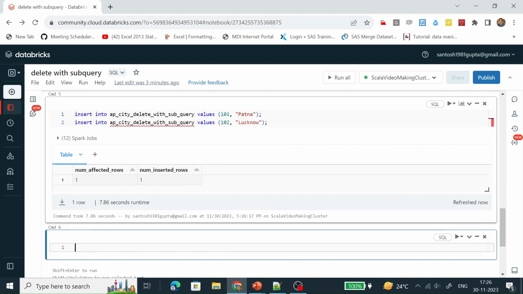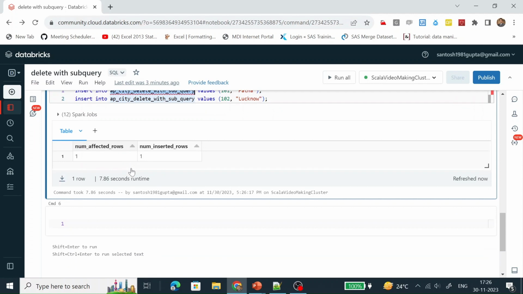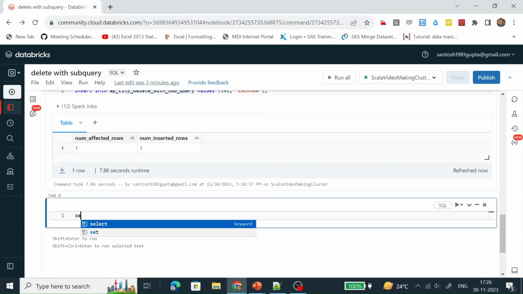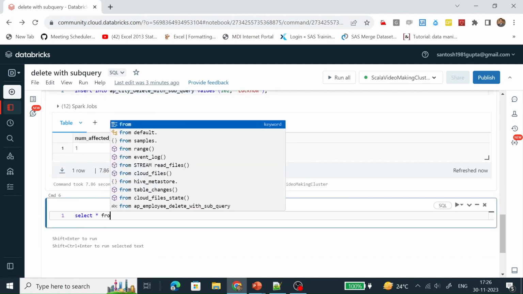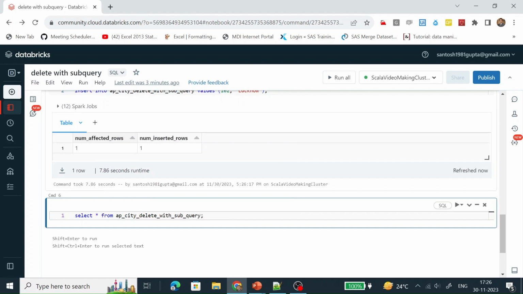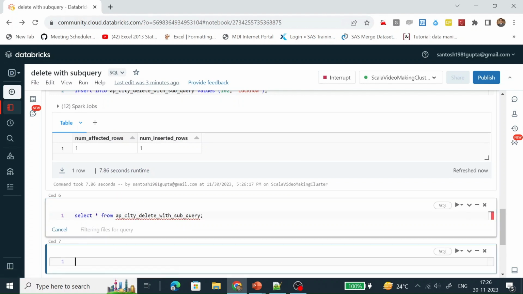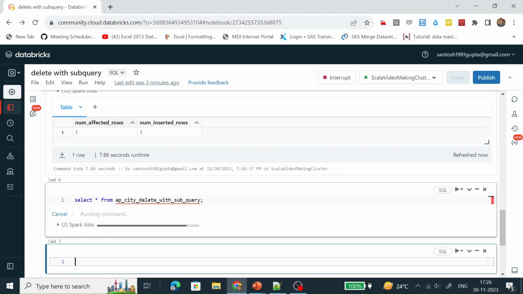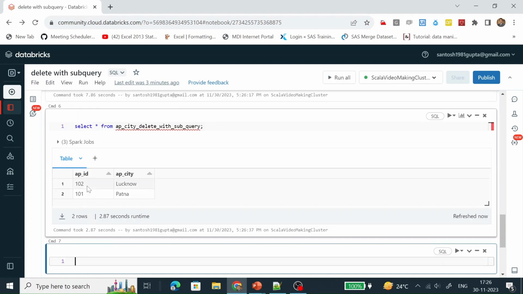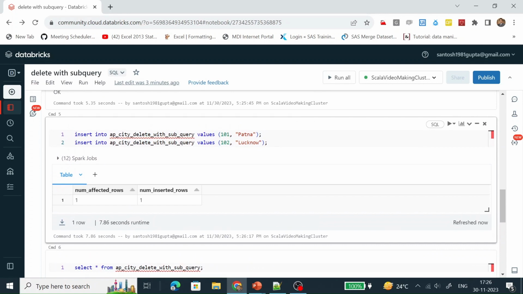Data has been inserted. Let's do a select star from. We can see these are the two records which we have inserted with the help of this insert statement. Okay, so we have created two tables and we have inserted the required data.